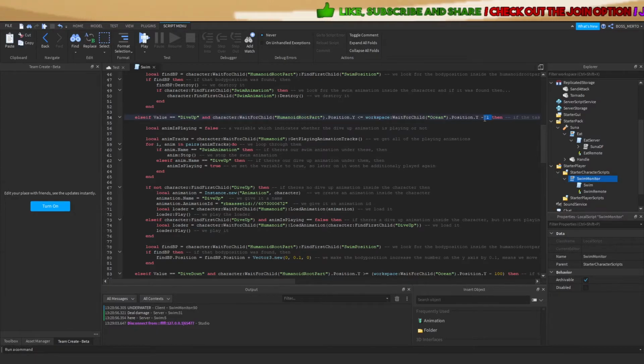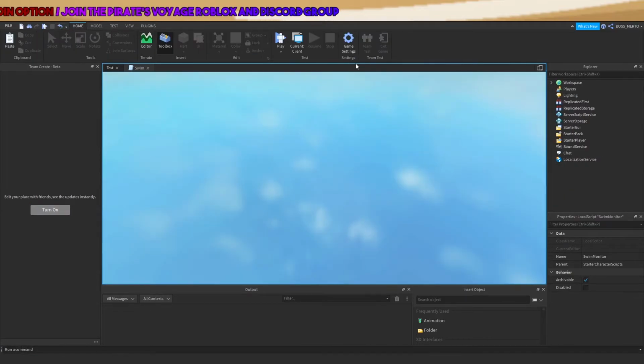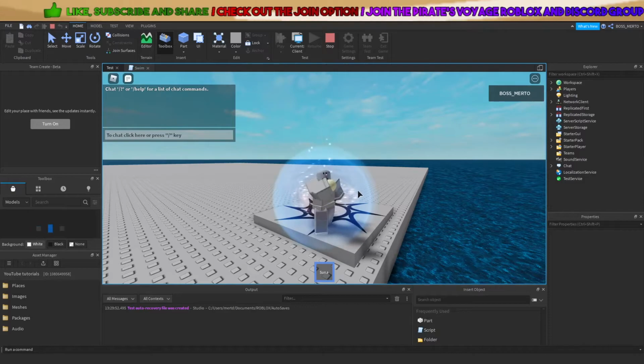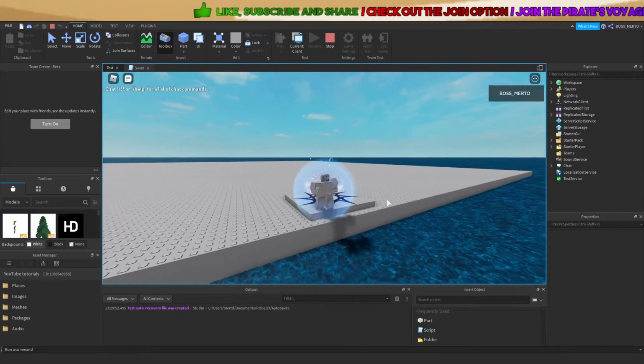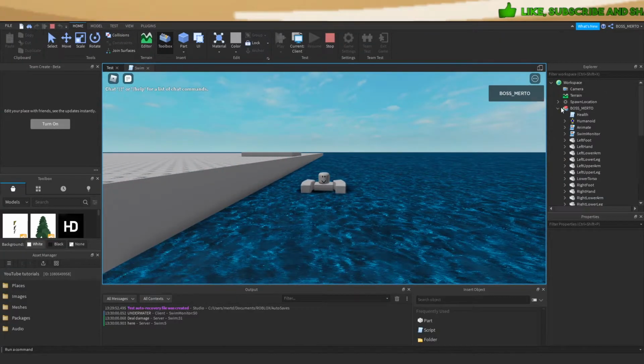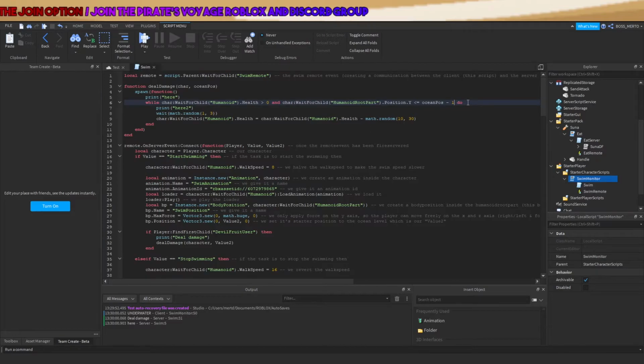So I think that I can just do it as I did here. Just add this minus 1 to it. Maybe it works now. The issue is that our humanoid root part is not exactly below the ocean level. Well, it is, but